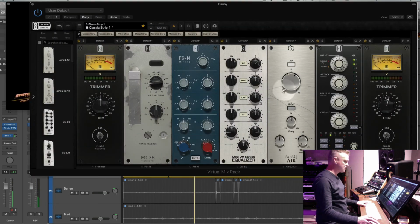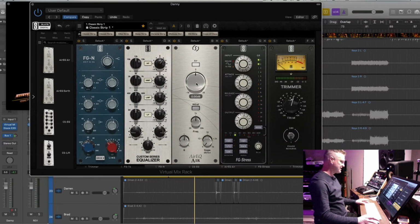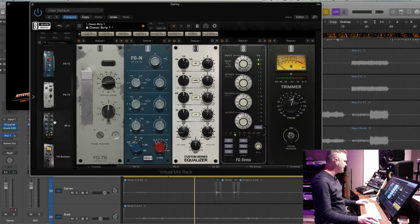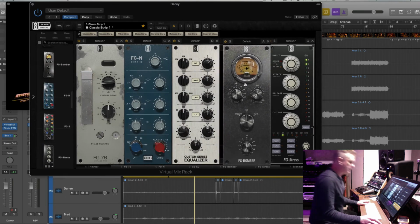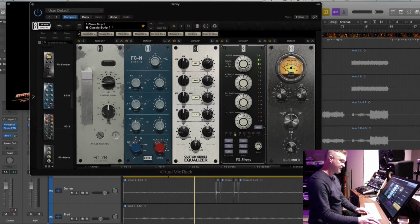I think it could do with a little bit of a poke. I think that this air plugin is useless right now. I'm going to take it out and I'm going to get the Bomber, the FG Bomber. Now the Bomber is really a plugin that helps you draw focus to a specific sound. Fat, present, or tight. On this, I might even just try it on